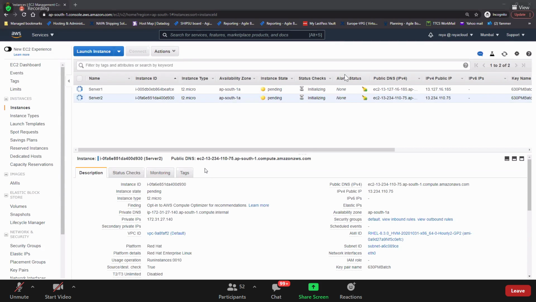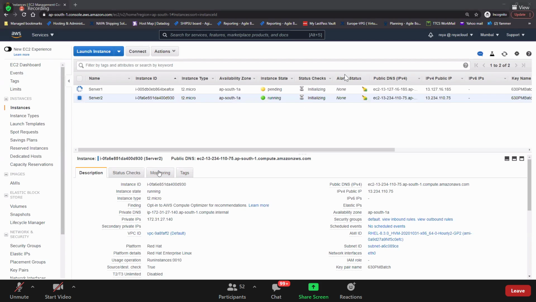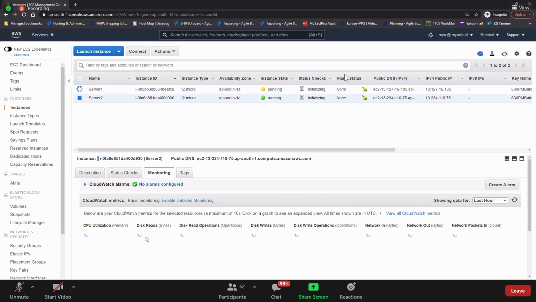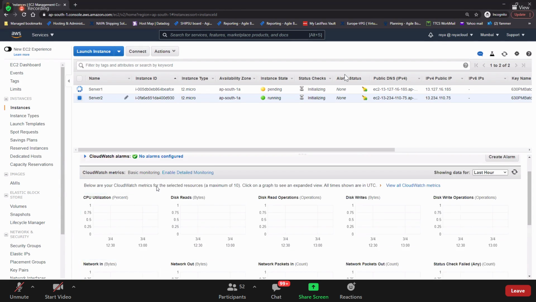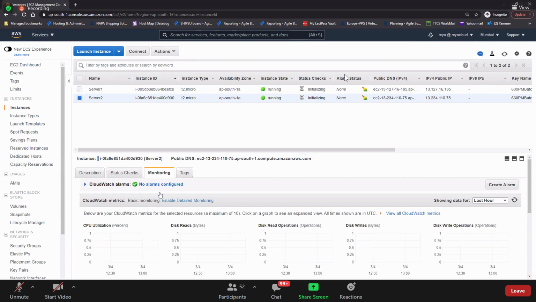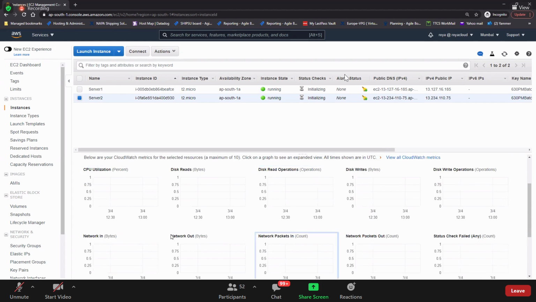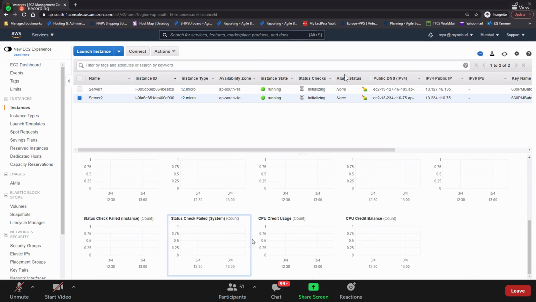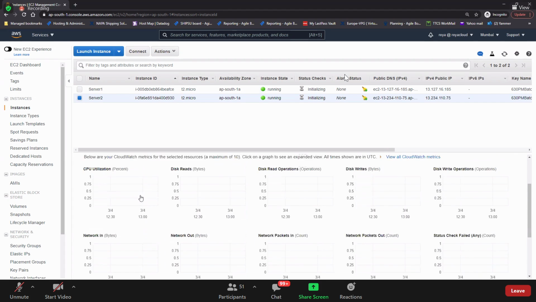Nice. So guys, CloudWatch, basically, do you see at the bottom we have the monitoring section? If you go to the monitoring section, here you have the CloudWatch metrics. You can monitor this particular server 2 from the monitoring tab. We have discussed there are 4 metrics. What are those? CPU, disk, network, status check. These are the only default metrics that you can monitor from here.